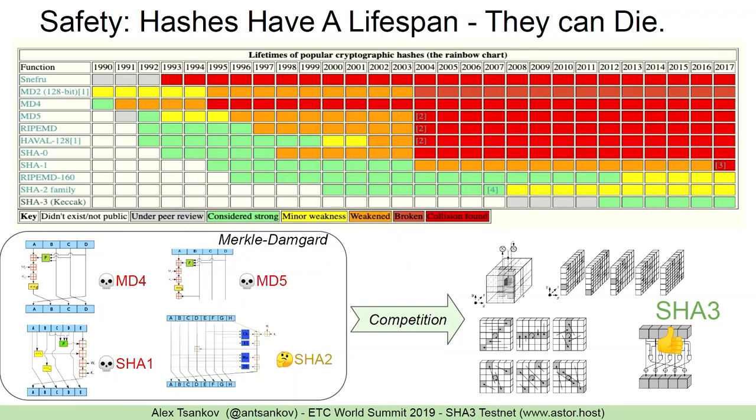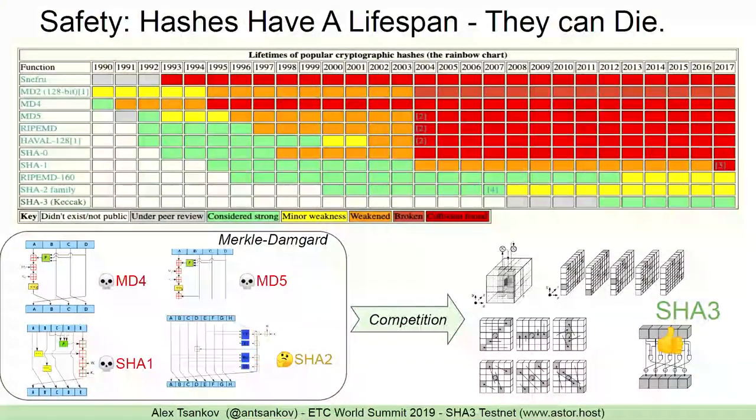And just as a side note, remember how I was saying earlier that NIST wanted to have design diversity. Why did they want to do that? Well, because MD4, MD5, SHA-1, and SHA-2 actually all use the same fundamental construction, which is the Merkle-Damgard construction. SHA-3 uses an entirely different architecture called the sponge architecture, which provides a level of safety. It's in a sense a cryptographic hedge that if the Merkle-Damgard structure were to fail entirely, we would be able to have something else that's very different.